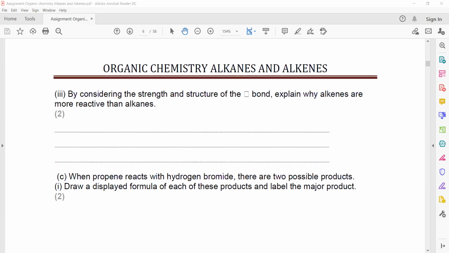The pi bonds are weaker and they are more accessible to electrophilic attack. Or you can also mention more electron density in the pi bond. First thing you will mention, pi bonds are weaker, and due to high electron density,